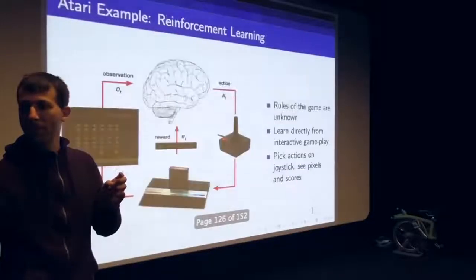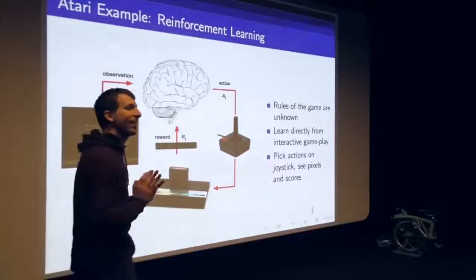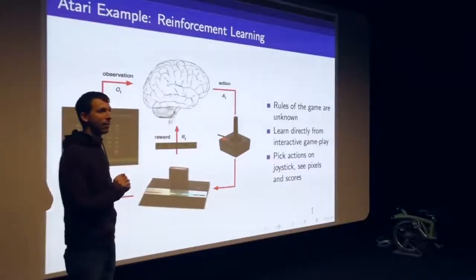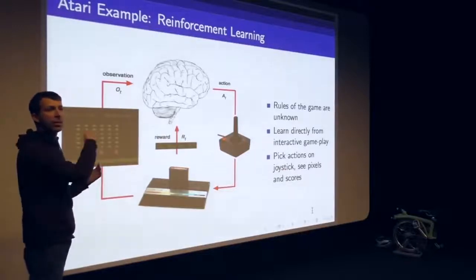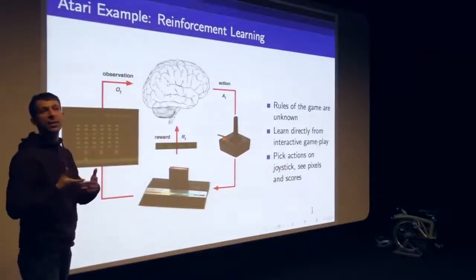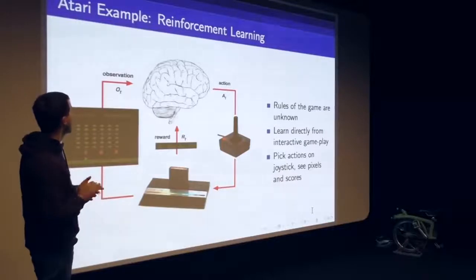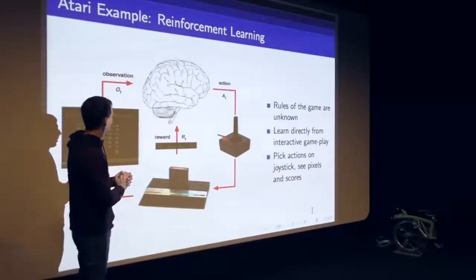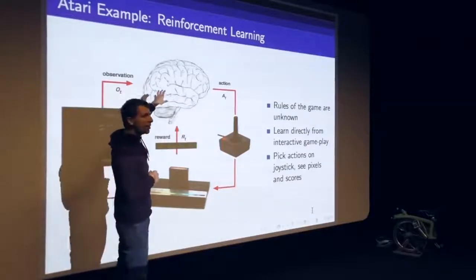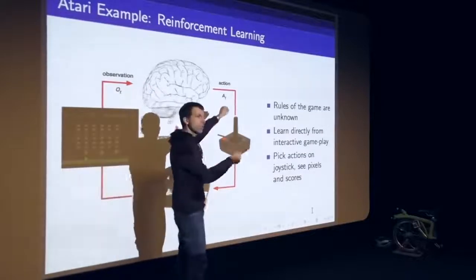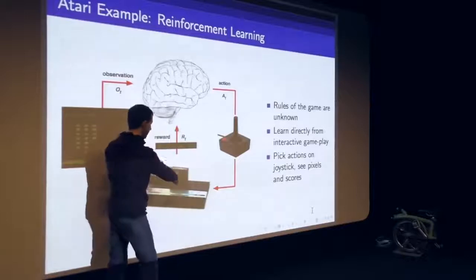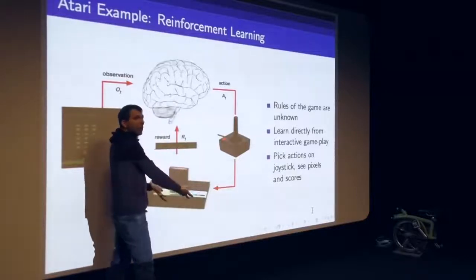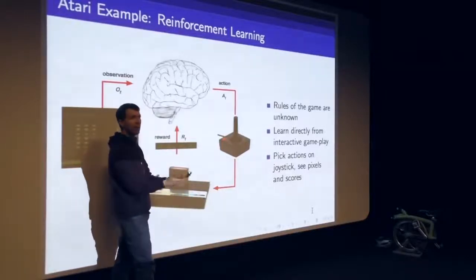So let me just jump forward. I have a figure here to help clarify that, which I was going to do later, but maybe it's helpful to do now. So this is what the RL cycle looks like between agent and environment in the Atari example. The agent is making its decisions. It gets to take actions, which are to control the joystick. The environment in this case is the actual machine, and it's got some cartridge in it which determines the rules